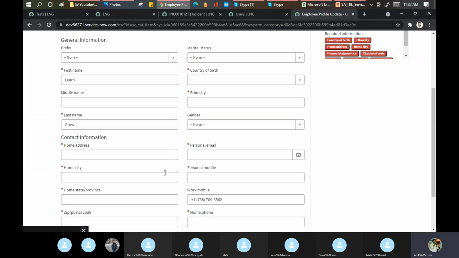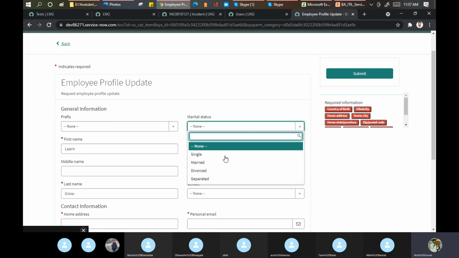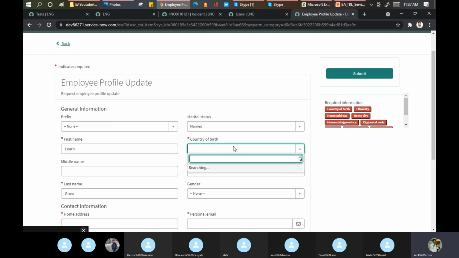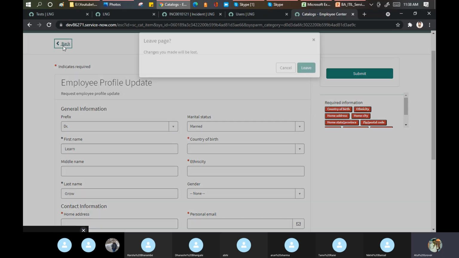I'm sure the people who are working in IT, and please don't take me wrong here, who are not in IT as of now, you will also be entering IT very soon. So if you can tell me, this is the way that we update these things. Maybe I have a marital status change, I put that I'm married now. Country of birth, I want to update my middle name, my gender, my prefix. So this is one of the catalog items. And this is not IT, this is about yourself. It's about employees, the company's employees being discussed here, okay?